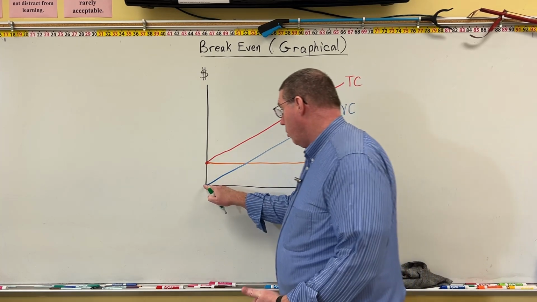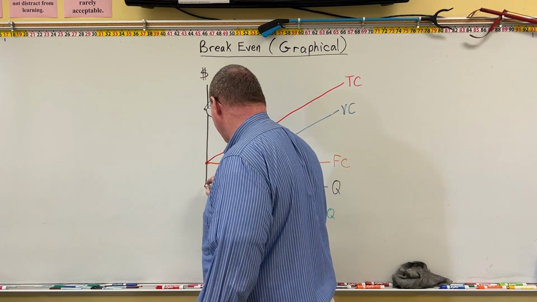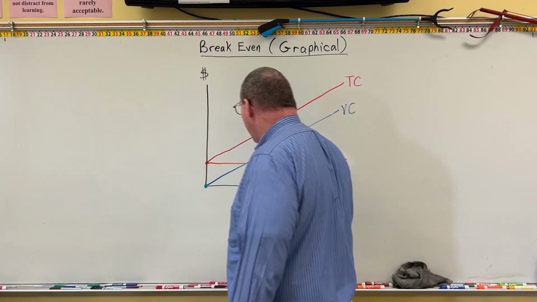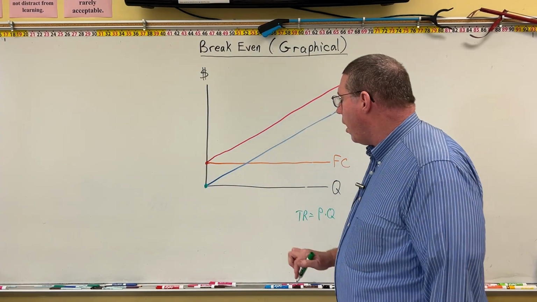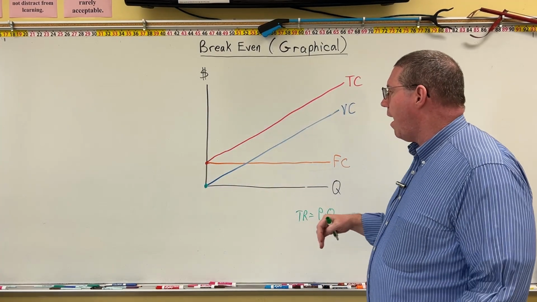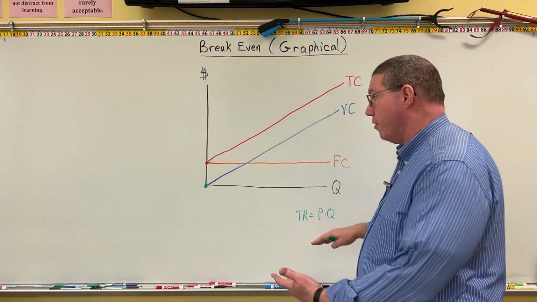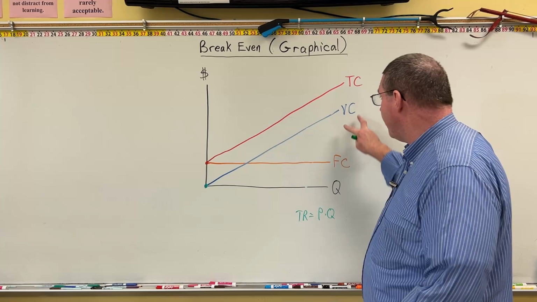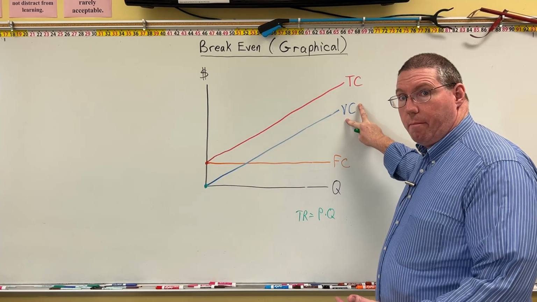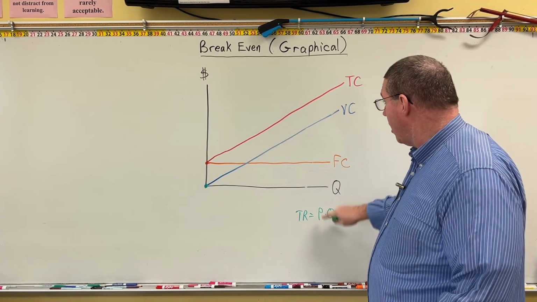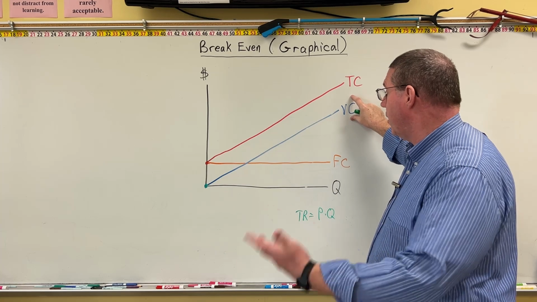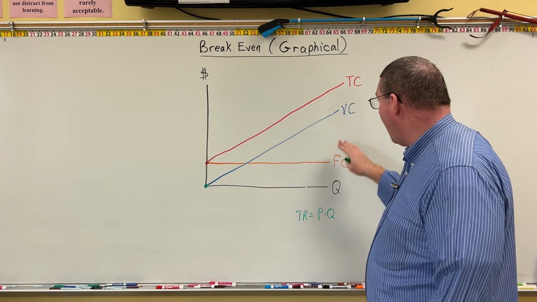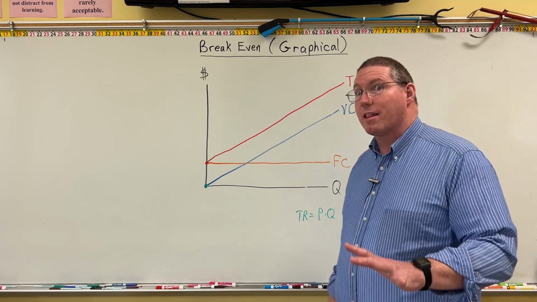And therefore, we're going to start in the exact same place that variable cost starts. But as quantity increases, total revenue is going to go up. And price needs to be higher than variable cost so that price can cover variable cost before it can recover fixed cost. And therefore, since price has to be higher than variable cost, by the way, that's not always the